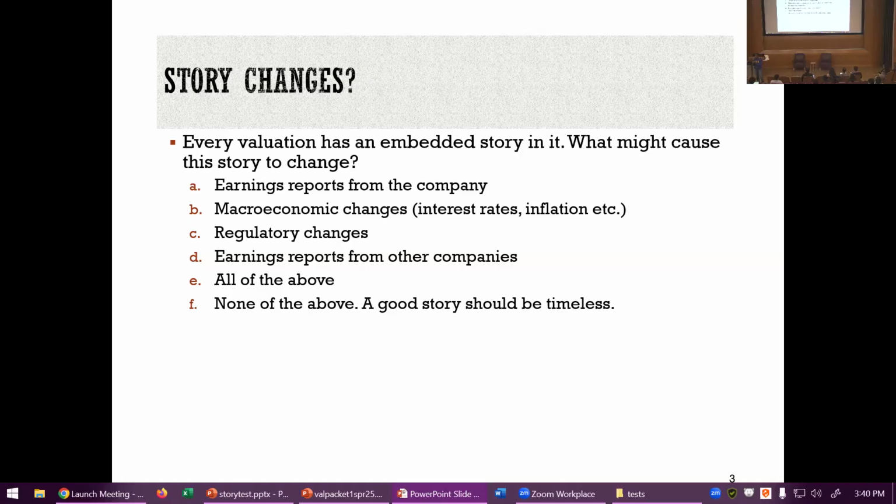So you see the bad news here, right? You told a story today. Who knows what that story will look like 3 weeks from now? Because things can change. Your story is going to constantly shift. Now, you might think that's unsettling. I'd like my story to settle down. But to me, this is what makes valuation interesting. You're never quite done. The story keeps evolving.